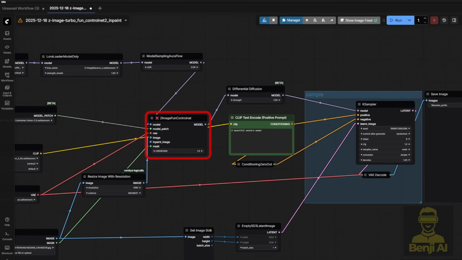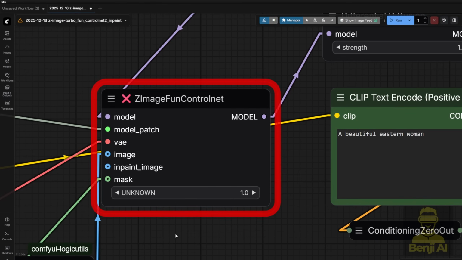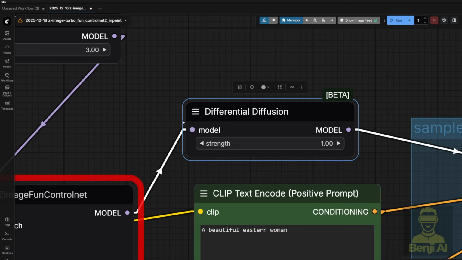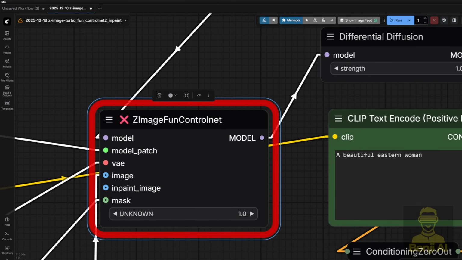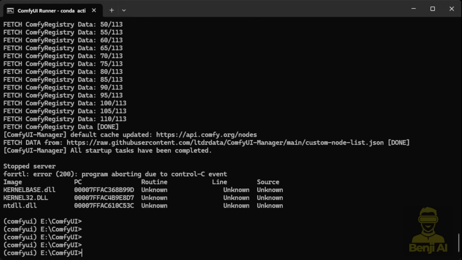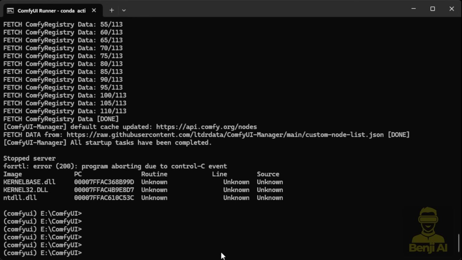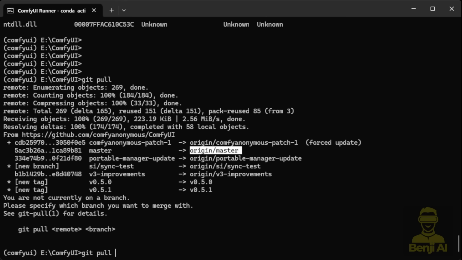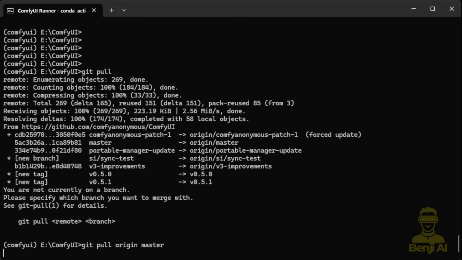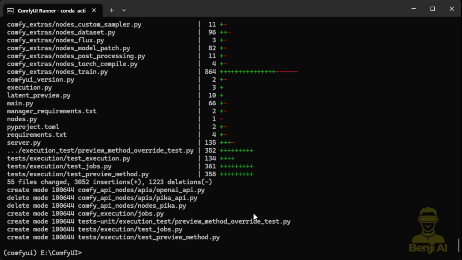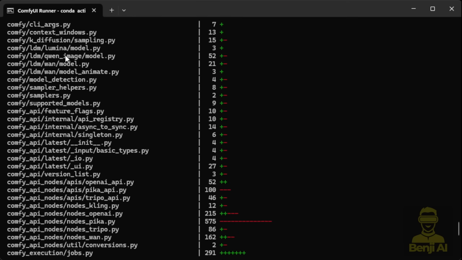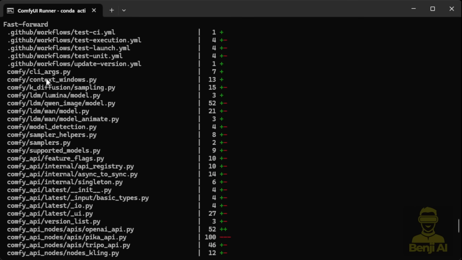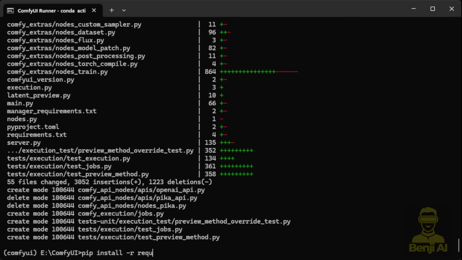So in ComfyUI, there's a Z-Image Fun control that we need to update in order to play around with the differential diffusion model for Inpainting with this ControlNet model. So first, stop your ComfyUI and do a git pull. For me, I'm going to use git pull and use the master branch in the ComfyUI GitHub repo. So what I'll do is update some code and the Python code as well. In my ComfyUI, you can see some indicators that I've updated some model files, and once again, do a pip install